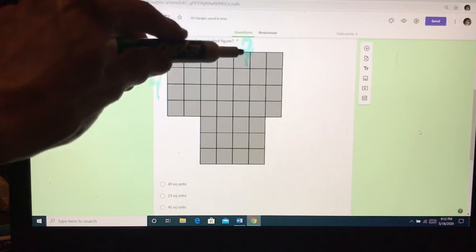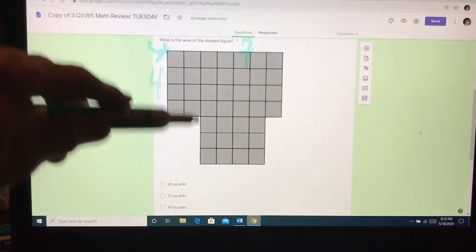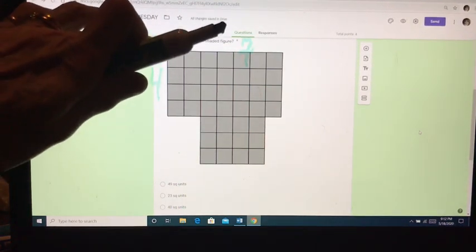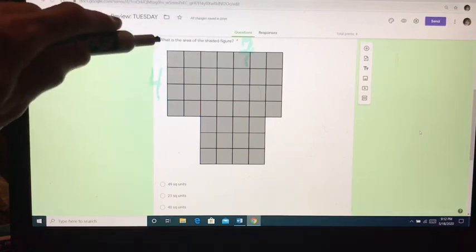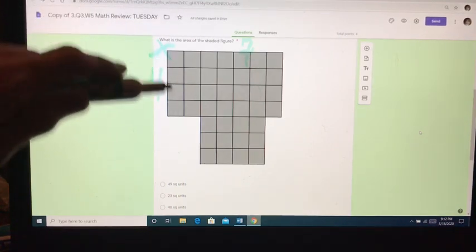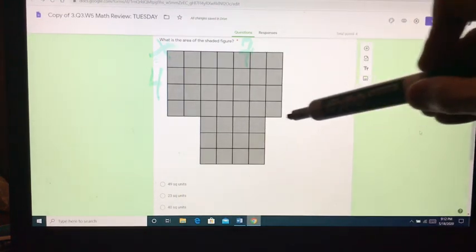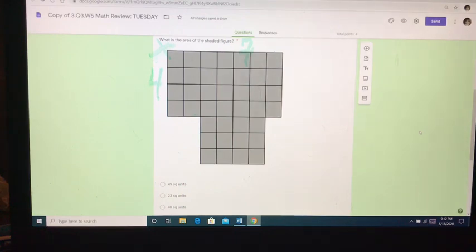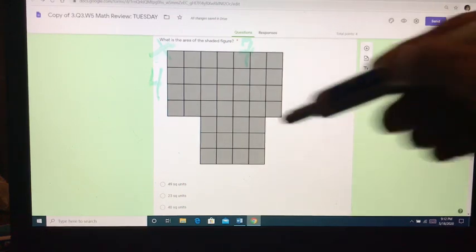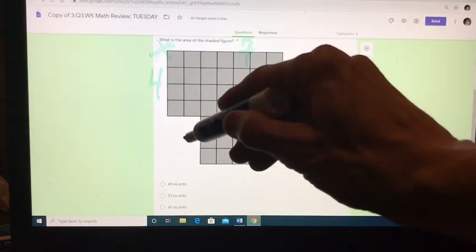So I know I have a 4 by 7 here. Oops, make that a better multiplication sign. Area is length times width. Then down here I have a separate rectangle. So if I cut this right here, I have another rectangle at the bottom. I have a 1, 2, 3